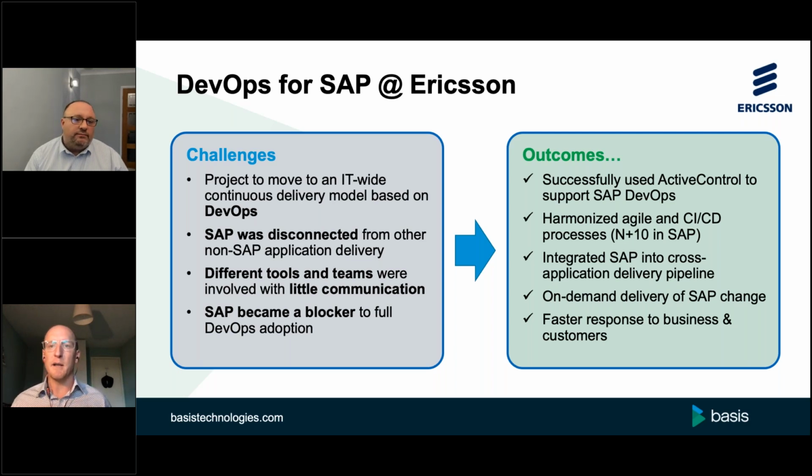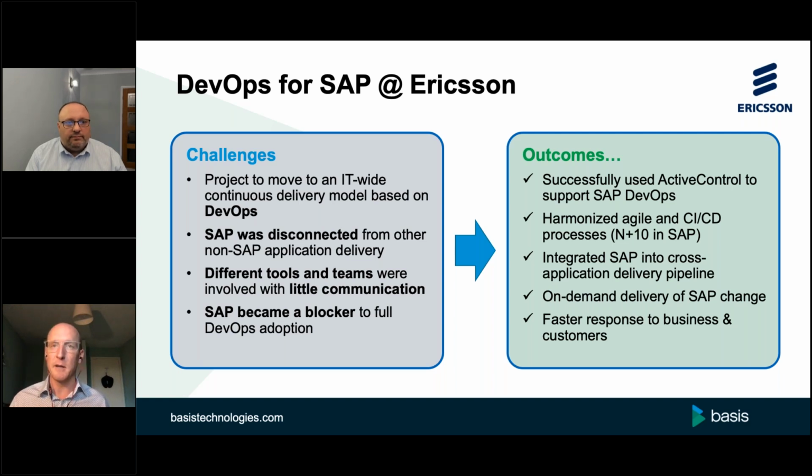And what Active Control also let them do, which was really important for Ericsson, was connect their SAP change management process to GitLab, which is their central CI/CD tool that also connects to some of the other DevOps tools they're using outside of SAP. That was their central point of visibility, central point of coordination in terms of when deployment should happen. In doing so, they're able to massively streamline their enterprise-wide software deployment process, because everything is coordinated and controlled from the same place, and SAP wasn't holding it up by being separate with manual processes,